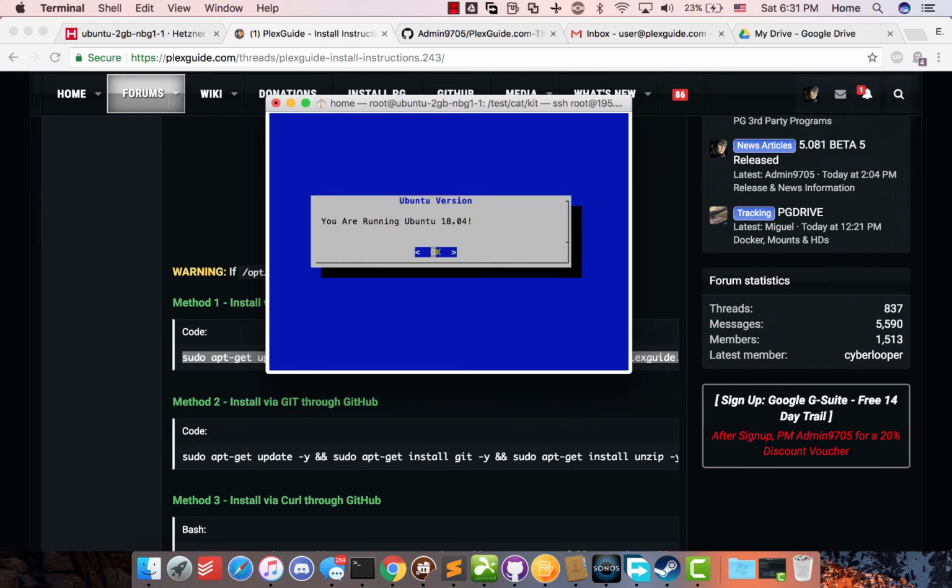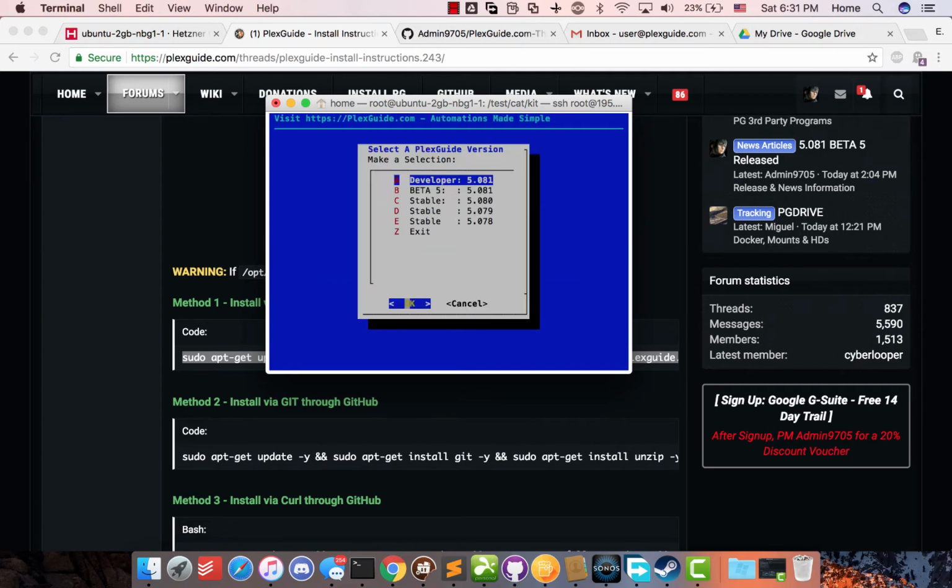So it tells you what version you're running. So it tells you if you're 16 or 14. So the way our update system works right here, it's pretty unique. If you decide to download the developer edition, be aware that you may be downloading something that we're currently testing